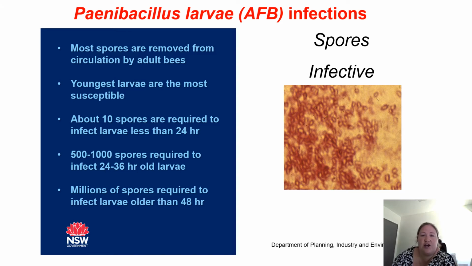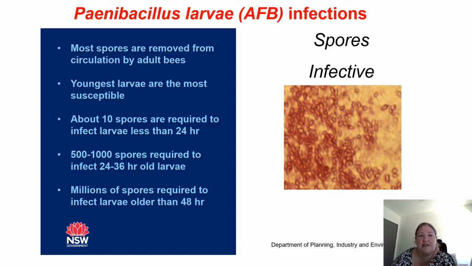As they age, they require more spores to infect them, so a larva 24 to 36 hours old requires 500 to 1,000 spores, and once they're 48 hours or more old, it takes millions of spores to infect them. So really it's those less than 24-hour-old larvae that are most susceptible to infection by the spores and therefore catching